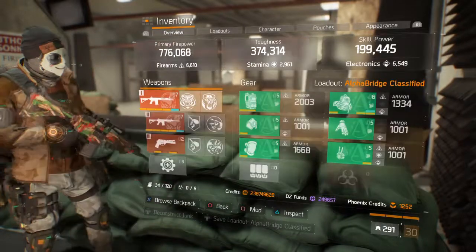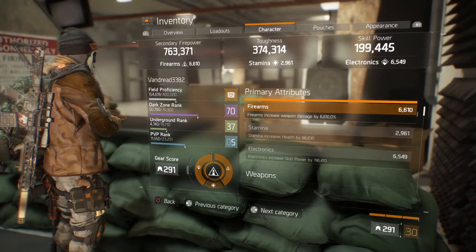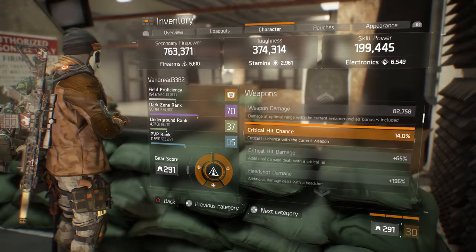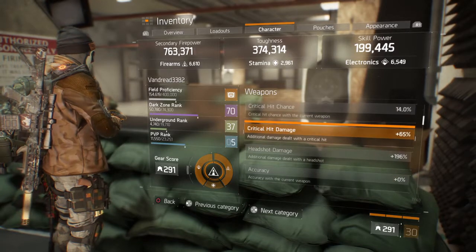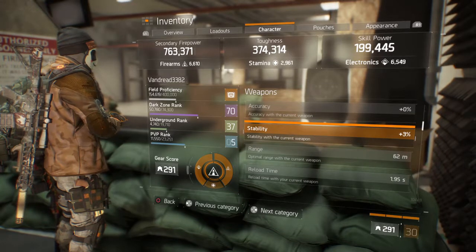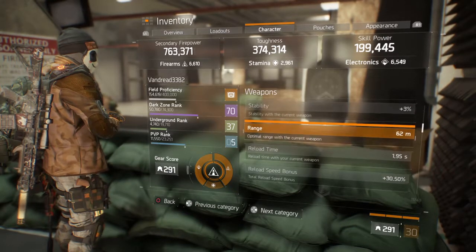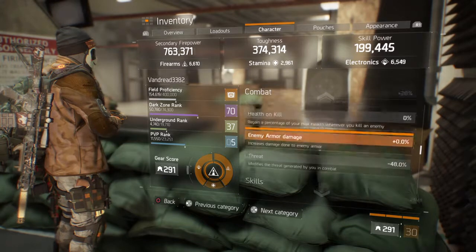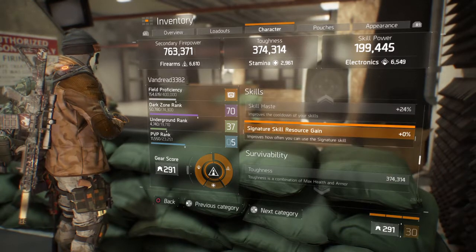Hold on a minute. We're going to go back here for a second. Here we go. So, 82,000 weapon damage, so almost 100k. It has 196 headshot damage. Critical hit damage is 65%, and critical hit chance is 14%. But you'll see why that's not going to matter because of the mods that are in place when I hit my boosts. And then those numbers. It's got 28% damage to elites, 20% skill haste,